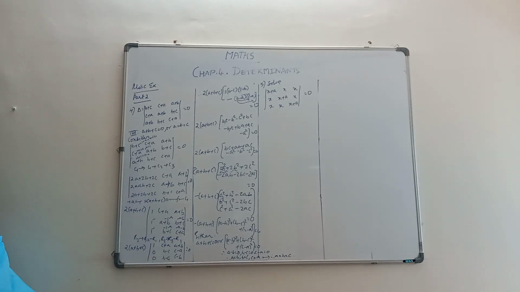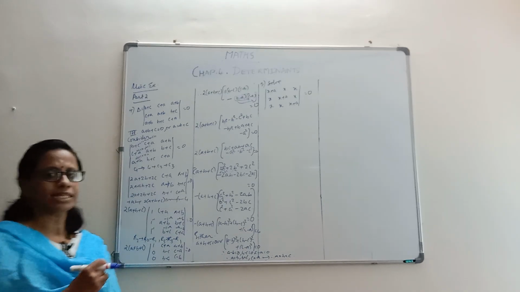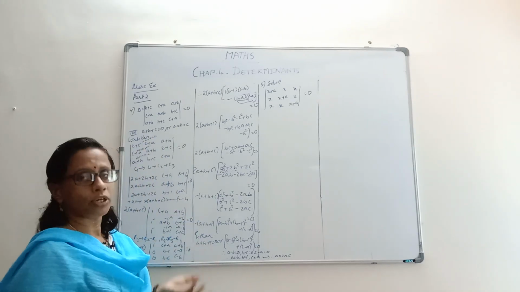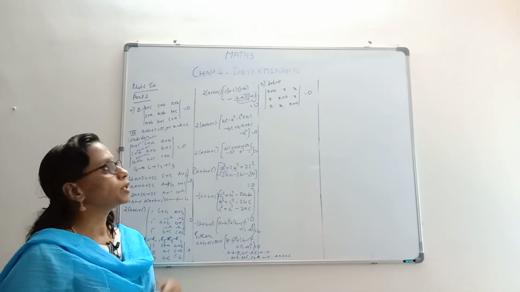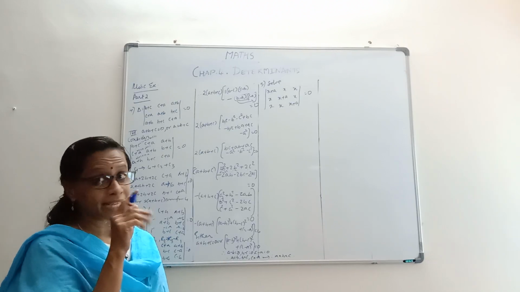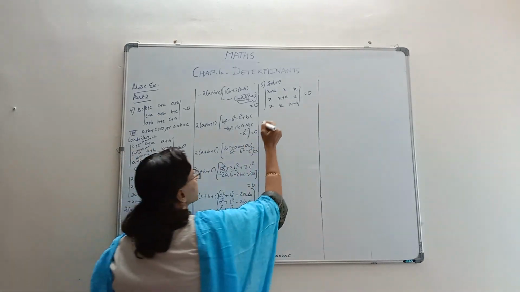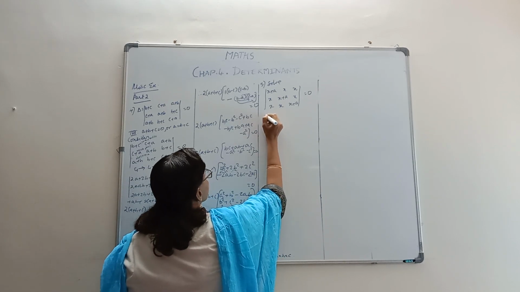Now the next problem is almost like that. They have given us a determinant and they've told that this determinant equal to 0. You are supposed to solve and get the value. Solve means get the value of that variable. The variable here is x, you have to get the value. You could do it by whatever way you want. Because we see so many x's, I think we can subtract them directly so that we can have the determinant simplified.